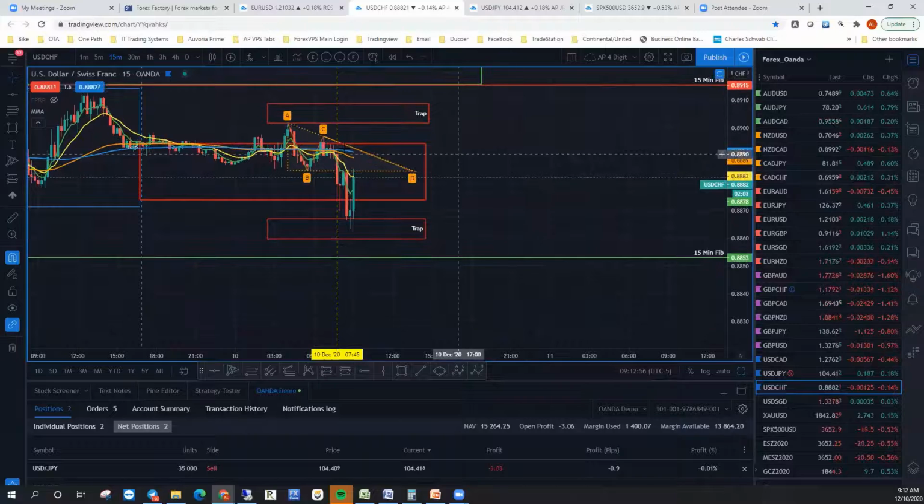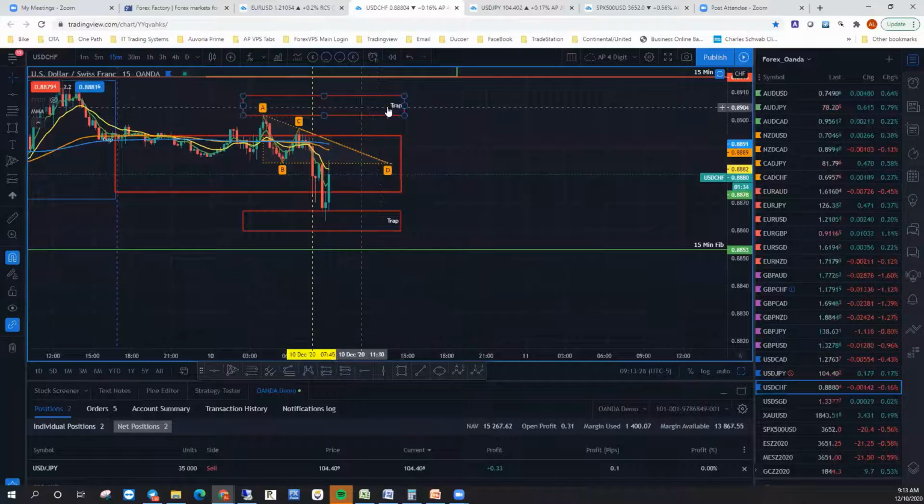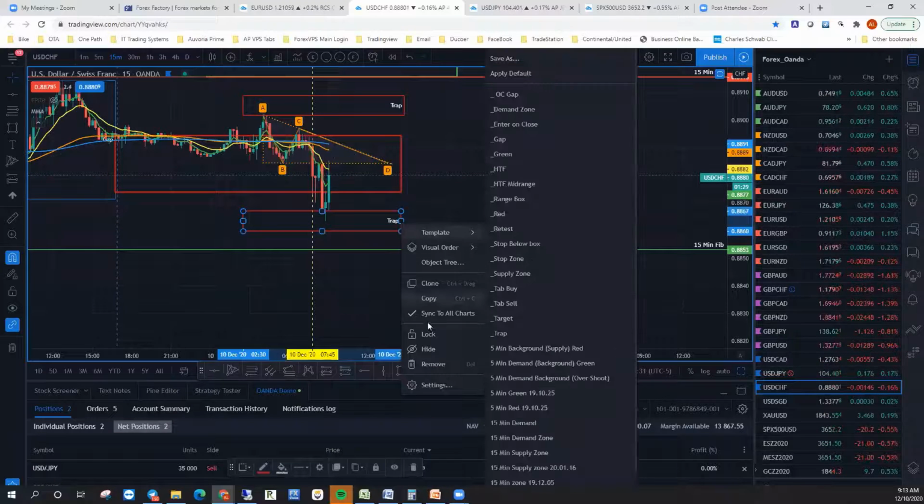Oh, good. Like I said before, no matter what time frame you're looking at, you can find it either going sideways or trending. What I like doing is finding where the sideways motion is and how it's trending inside that sideways motion. Right now, you get the breakout, you get to the extreme, it comes back to the mean. This red box right here is really the mean. Once it breaks through that, it's probably going to come up here and hit the trap and come back to the mean again. So this is the area to be taking it short, and this is the trap area to go long.